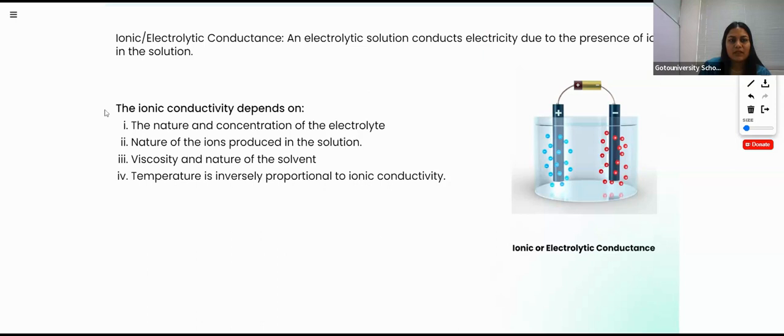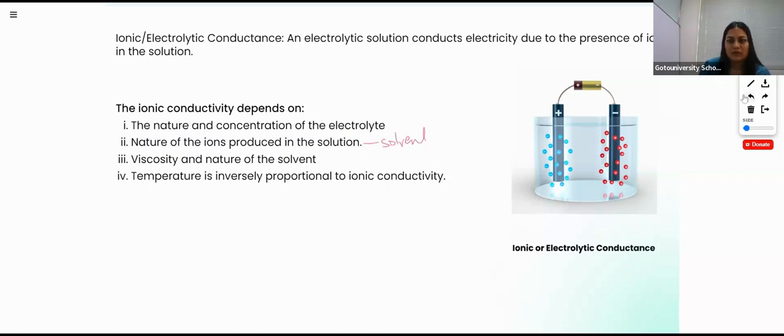The ionic conductivity depends on the nature of the electrolyte we are using. Is it weak or strong? For weak, conductivity will be less. For strong electrolytes, conductivity will be high. Then the nature of ions produced in the solution,